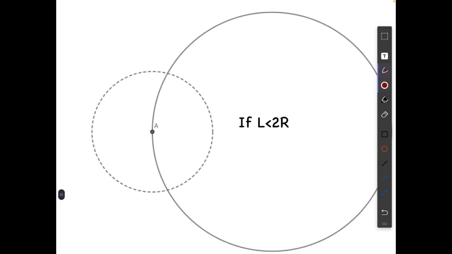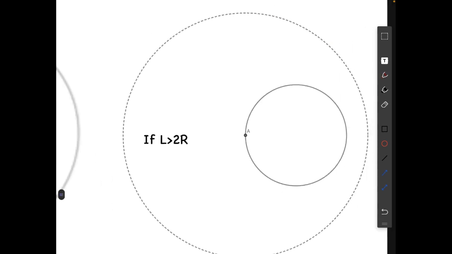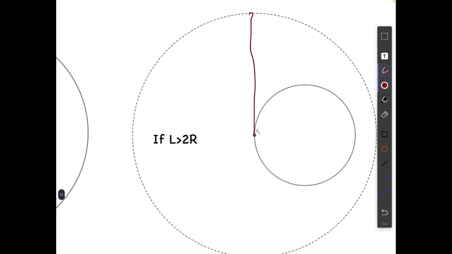Let's say at this point it was released, and after this it will start moving like this. It will move in a circular path and collide again with the cylinder at this point. This isn't colliding with the cylinder tangentially, so the length L cannot be less than 2r. If the length L was greater than 2r, the particle would move along this path and wouldn't collide with the cylinder at all, and it would just keep on unwinding the thread and moving in a circular path. So when L is greater than 2r, this is also not what we want.